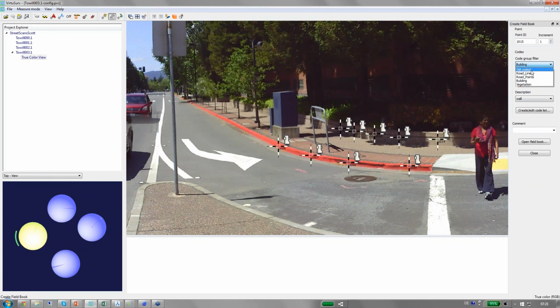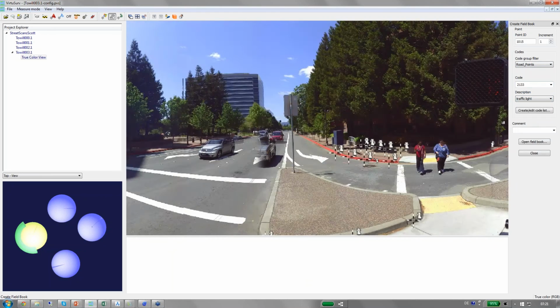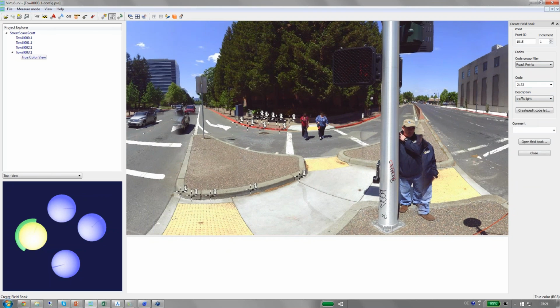With another filter for vegetation I could enter some trees, or for road points there's a selection of light wells and flag poles, and here I have a definition for the traffic light, so I can pick this one over here. For every point you may also enter some comment if you want to,